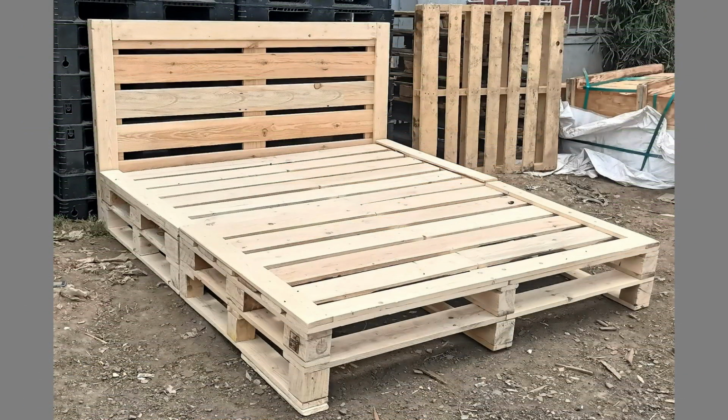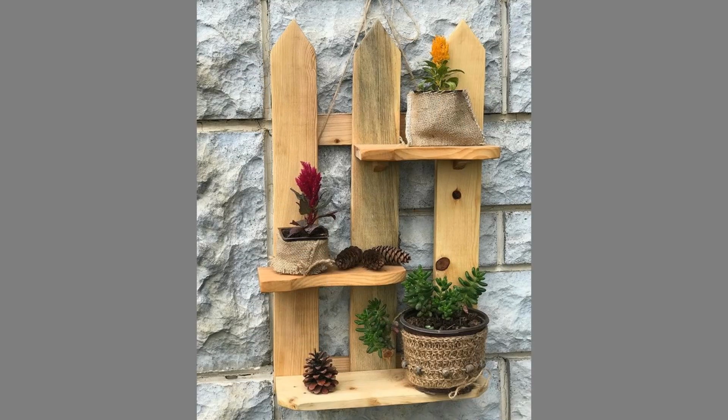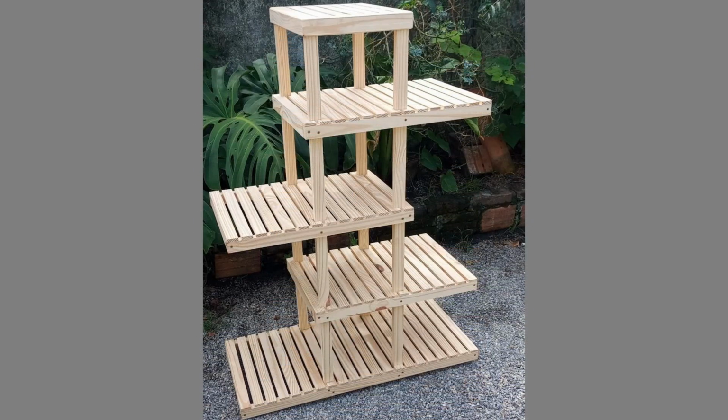Whether a home leans towards bohemian, Scandinavian, industrial, or traditional aesthetics, wooden pieces can enhance the overall look without clashing. The natural colors and textures of wood can harmonize beautifully with a wide range of materials, including textiles, metals, and ceramics. This versatility makes wooden crafts an excellent choice for those who enjoy mixing and matching styles, allowing for creative